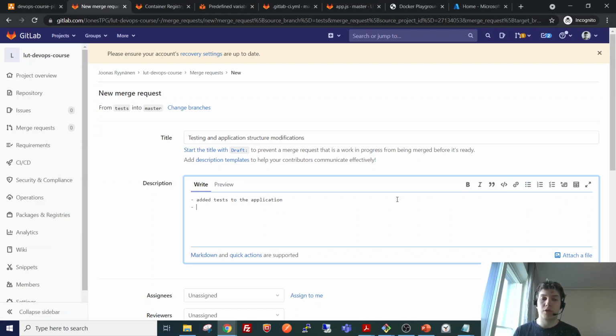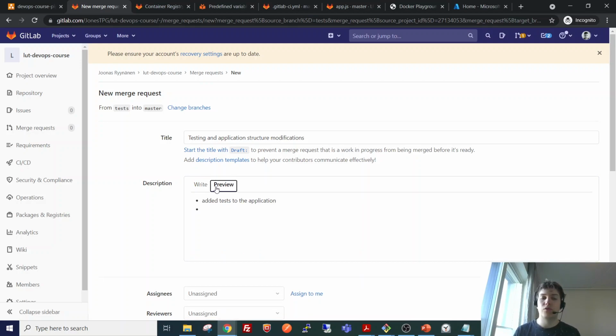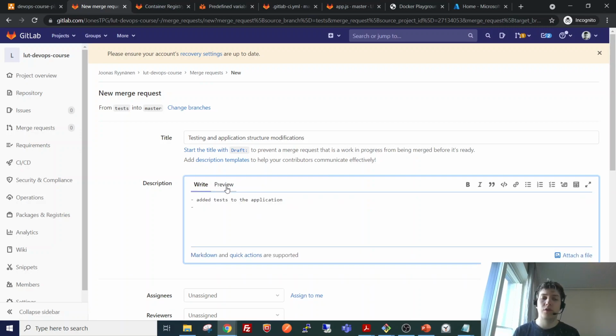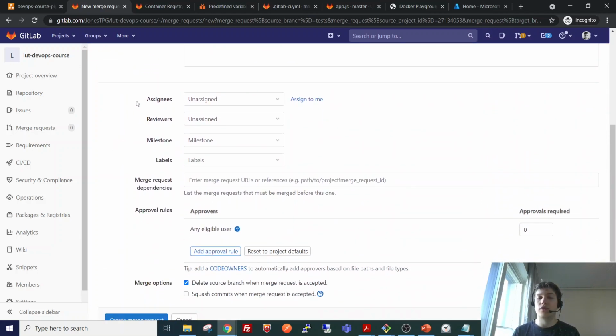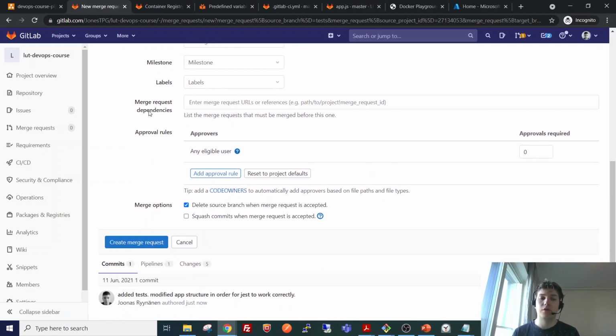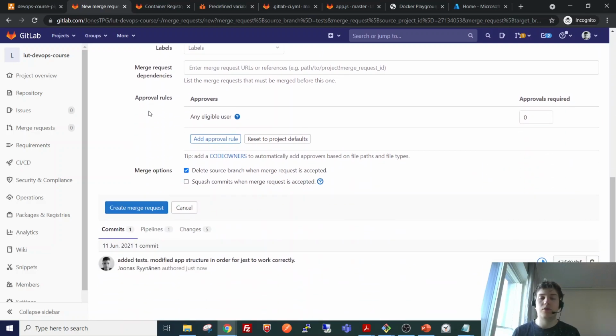This is actually a markdown editor, so we can preview what it looks like by checking this tab. So if we would have a multi-developer setup, we could ask for a review from a certain developer, and he or she would get a notification that there is a merge request to be reviewed.